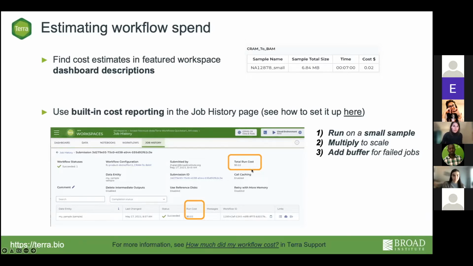That's really nice. When you're getting started, we often tell people to run your workflow on a small input file or a small sample first and see how much it costs. Then, as you ramp up, maybe you do one file, then you run the workflow on 10 files. Then you can get a sense of how much it's going to cost you. And if you're trying to estimate how much it's going to cost to do all of these analyses,